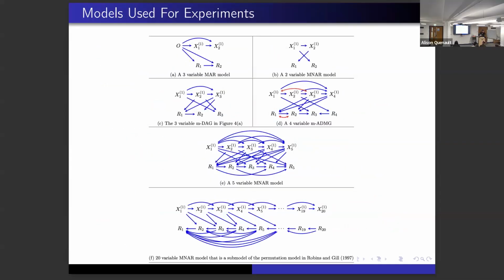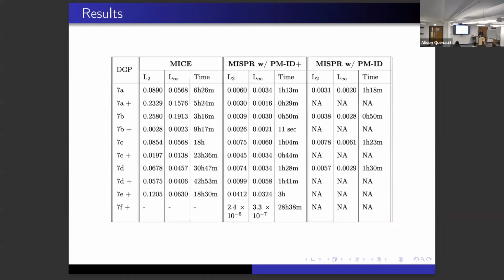Okay, so we have some sim studies in our paper. These are the graphs that we used. Only A is MAR. The others are all various flavors of MNAR. And we compare to MICE. MICE, unsurprisingly, exhibits varying amounts of bias for things that are not MAR. I think the pluses are cases where you have missing patterns, so patterns with no support. In some of these, MICE takes a long time or just fails to work.